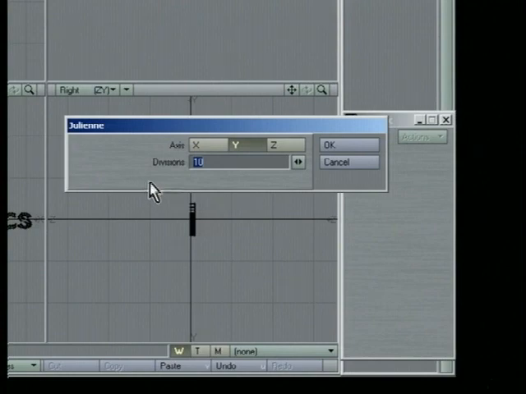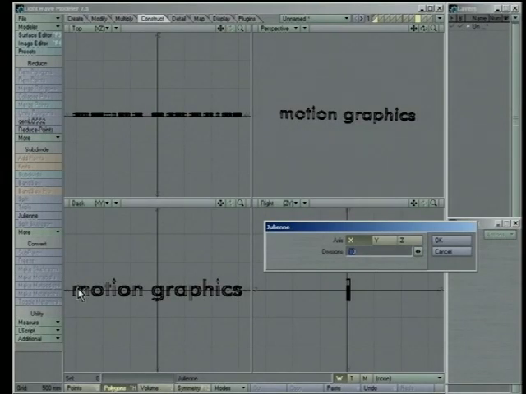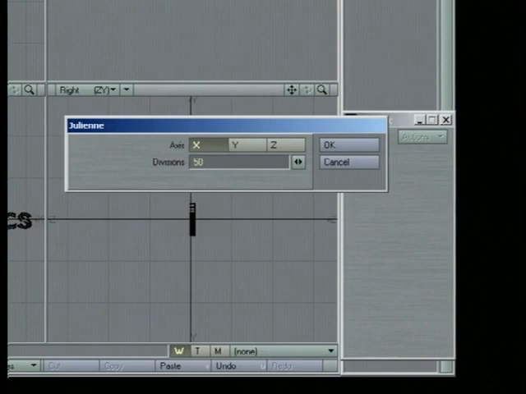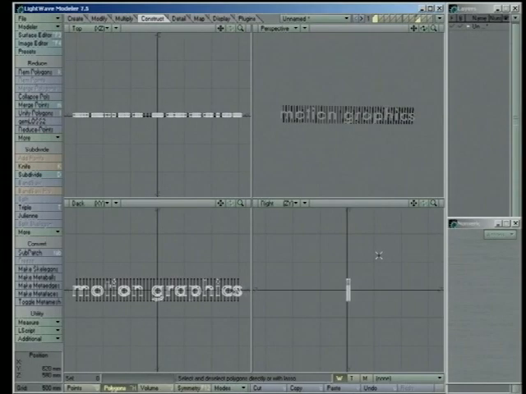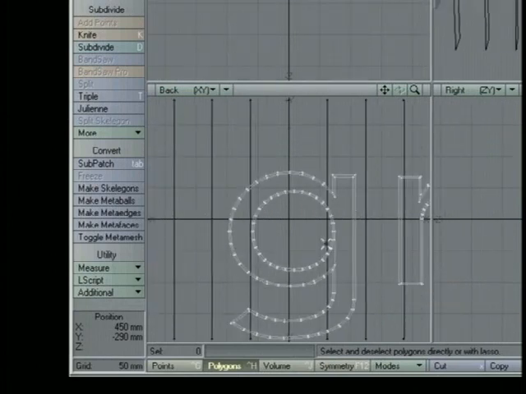When you hit it, we get this nice little prompt. We want to be working in the x-axis. It's going to make slices along here on the x, and we'll give it, oh, say 50. It's going to create a bunch of slices. We're going to zoom in again using the period key, and you notice it made a bunch of slices in the background, but it didn't actually